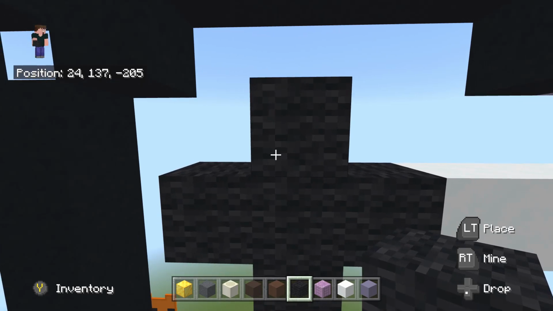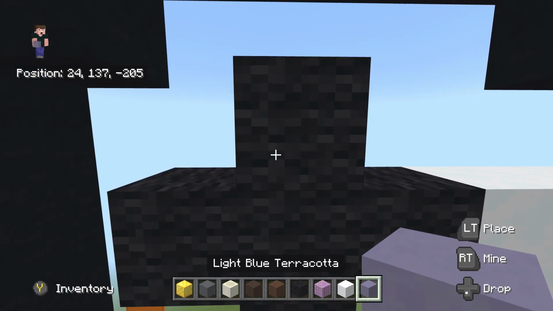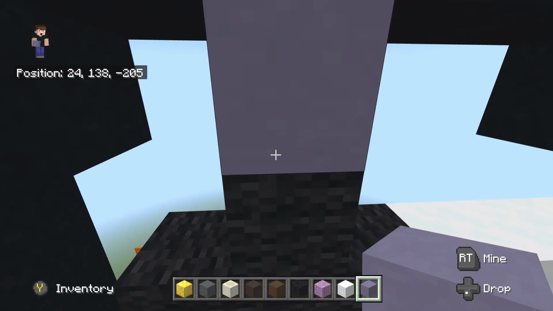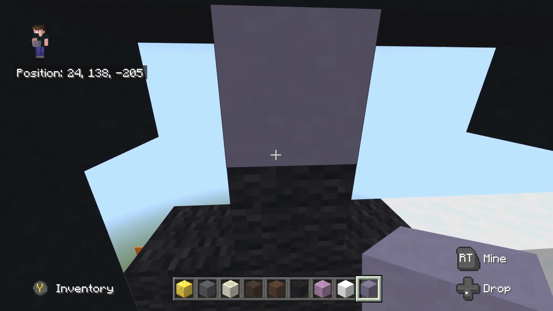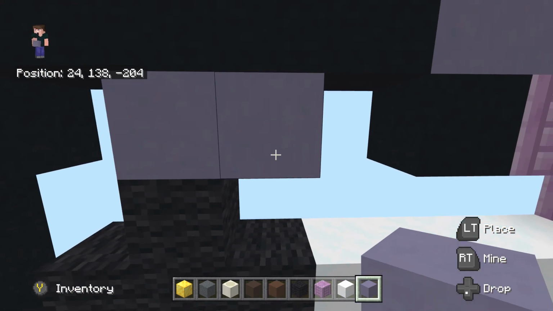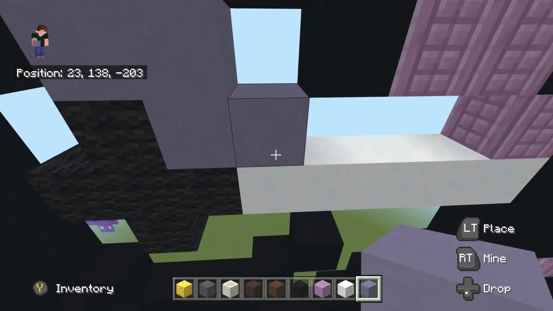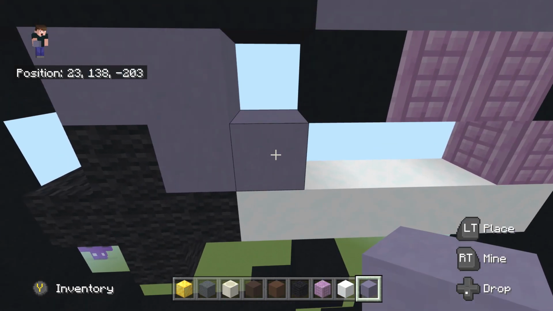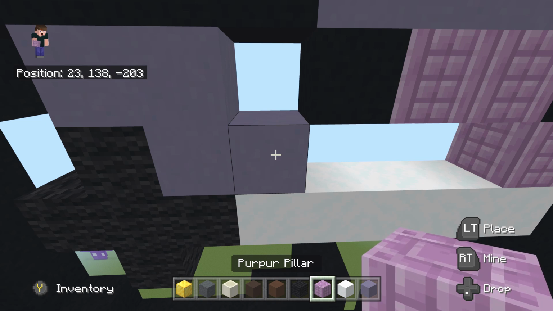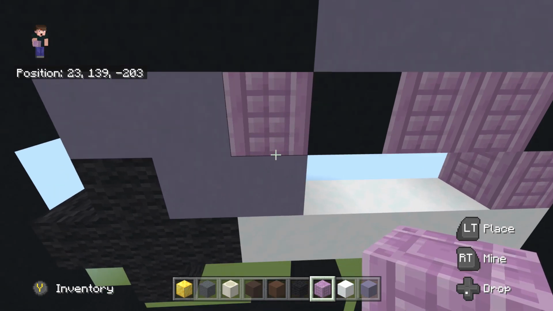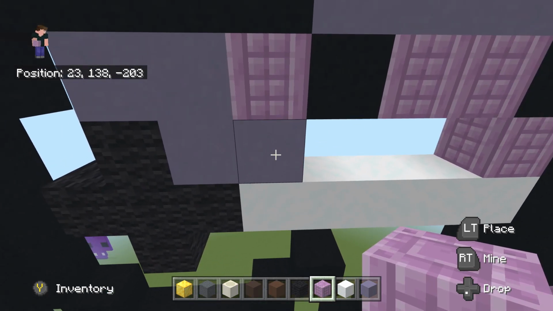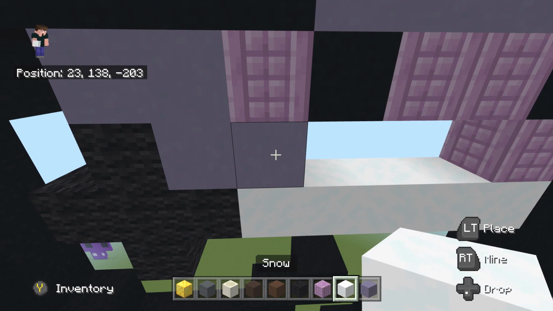Once you place this one on top, take out your light blue terracotta, and we're then going to place 1 on top. Once you place this one on top right here, we're then going to place 1 to the right, and then we're going to place 1 underneath, and then we're going to place 1 to the right. Once you place this 1 to the right, taking out a purple pillar, we're going to place 1 on top, then fly underneath by 1, back down to the light blue terracotta,